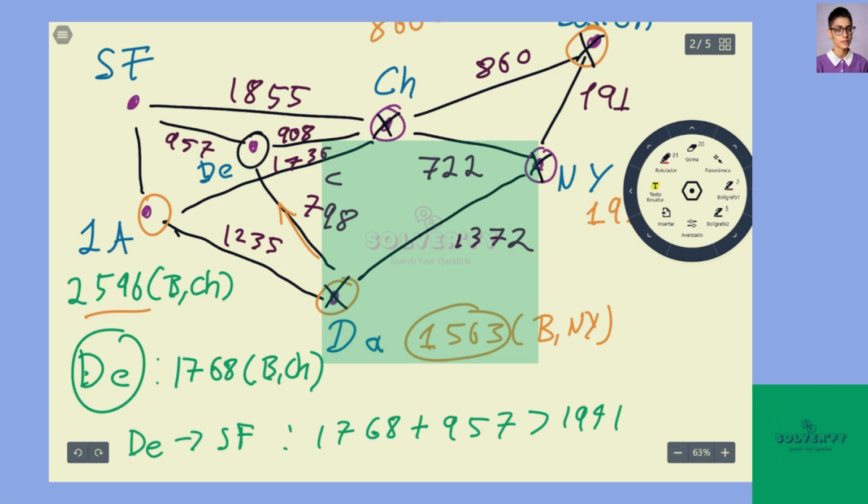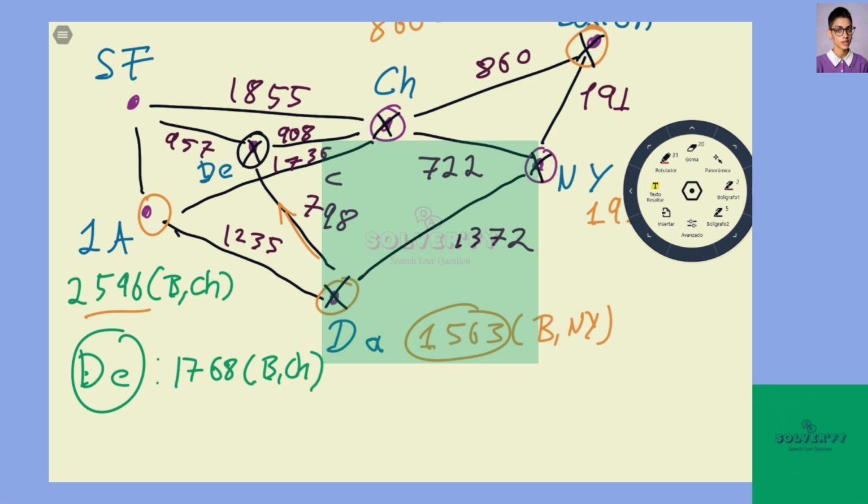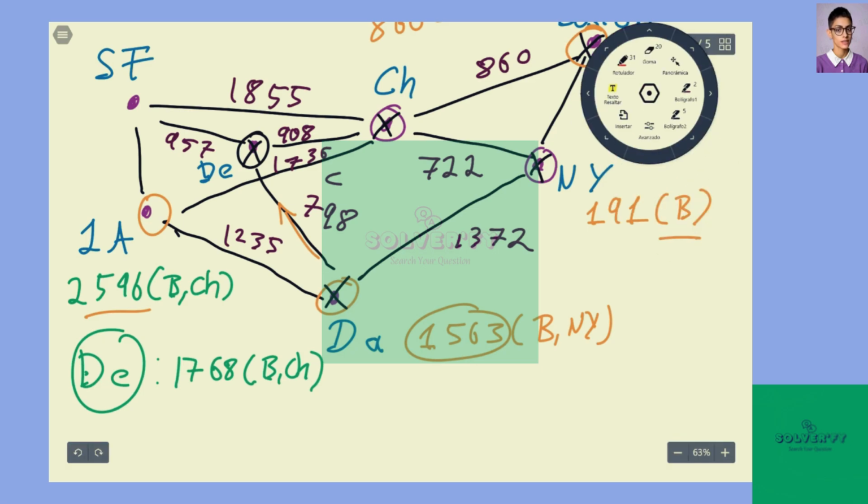So we're going to keep the smaller one. So from Denver, we're also not going to choose any path. And that's it. Denver, we have already visited that node, and the last node that we should visit is